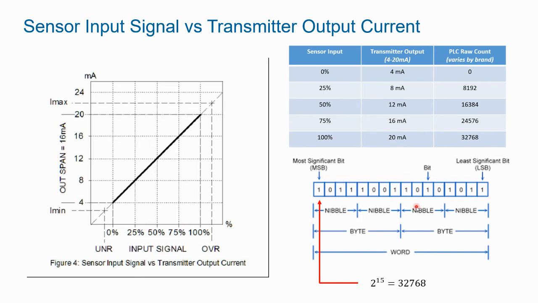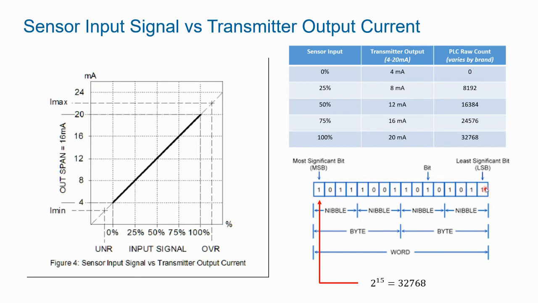Now, one other piece that relates back to when we were talking about bits and bytes and nibbles. We talked about each one of these digits in the binary number representing a power of 2, and we talked about word length. So an analog signal that comes into the PLC, when it gets converted using an A to D converter, is